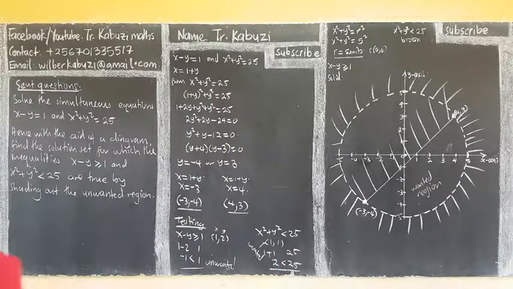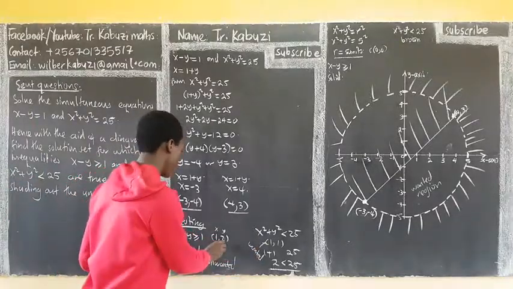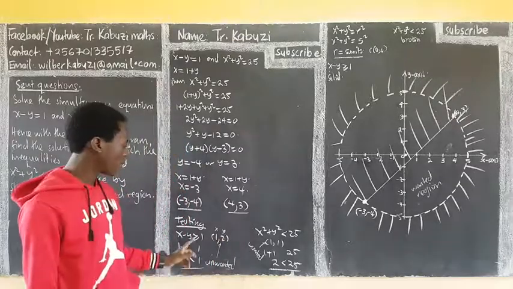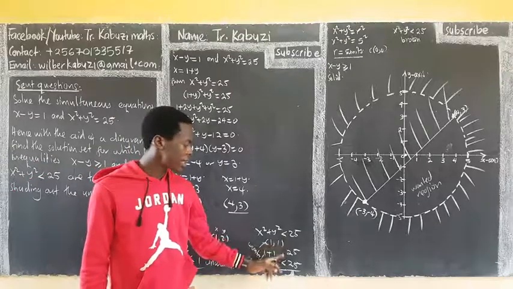I have added for you that this point is in the wanted region. This point here was in the unwanted region based on the conclusion because it was contradicting this side. This is wanted because it was